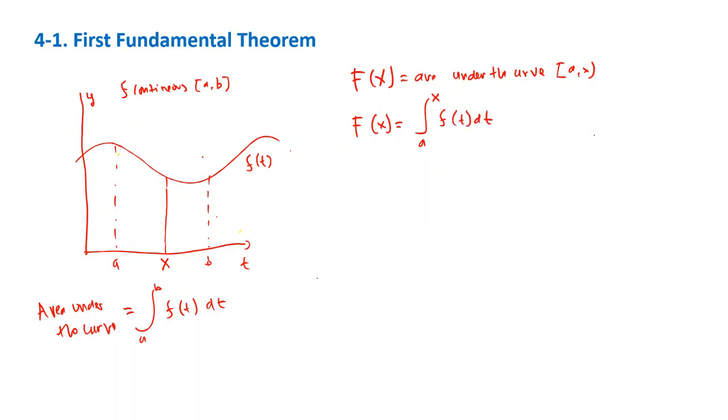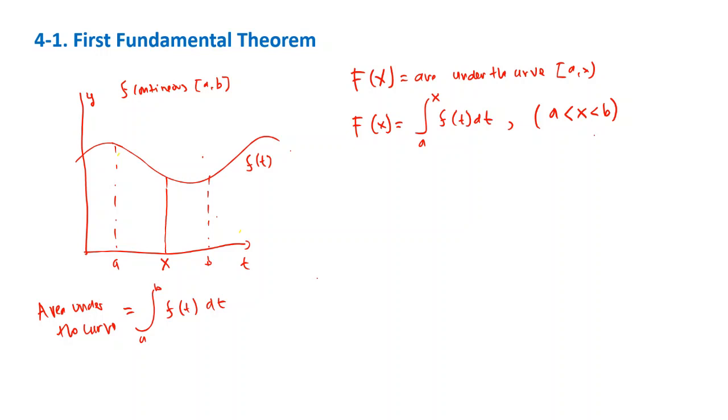That is the function that defines the area under the curve from A to x. Of course, in this case, the condition is that x must be in between: x is more than A and less than B, and the function is continuous between